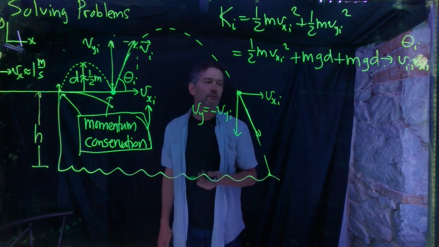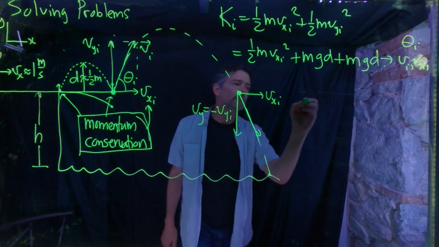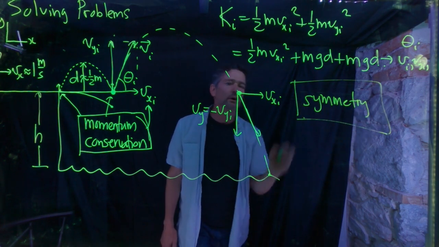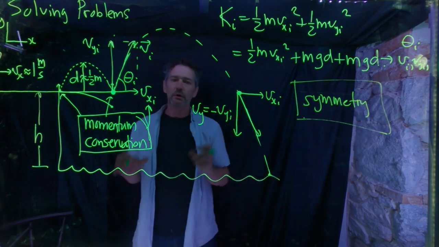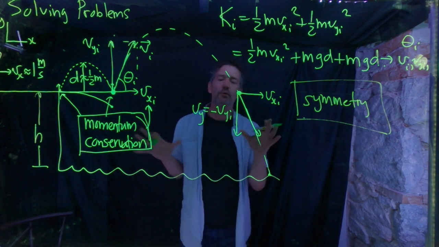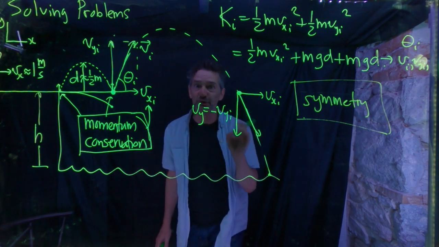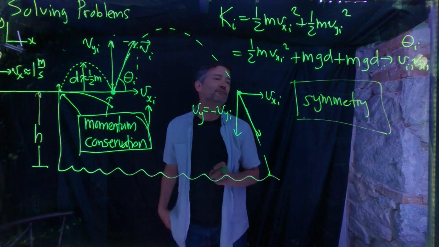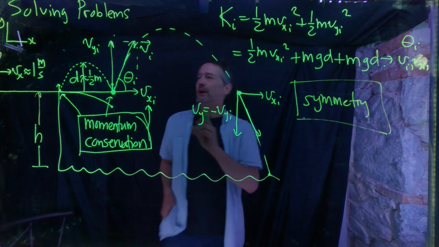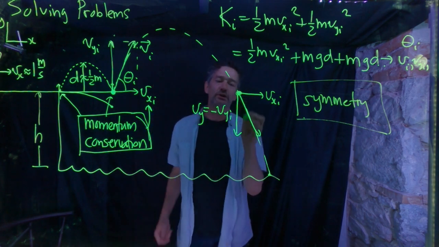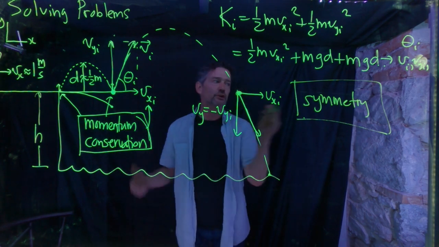So this is a very important principle of symmetry. You don't always have symmetry. You can't always use symmetry in physics problems, but when you can, you should use it because it saves you a lot of work. So now, using conservation of momentum and a combination of, you can either think of it as conservation of energy or symmetry,